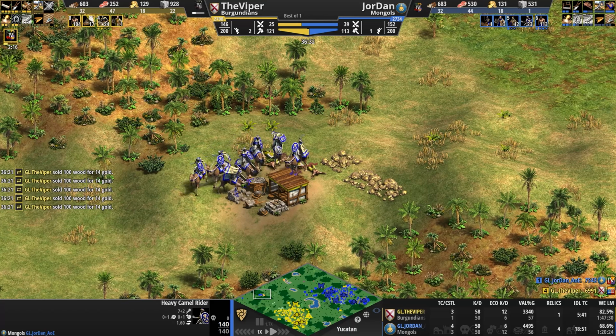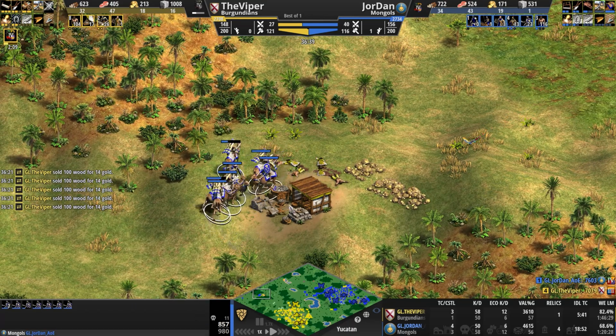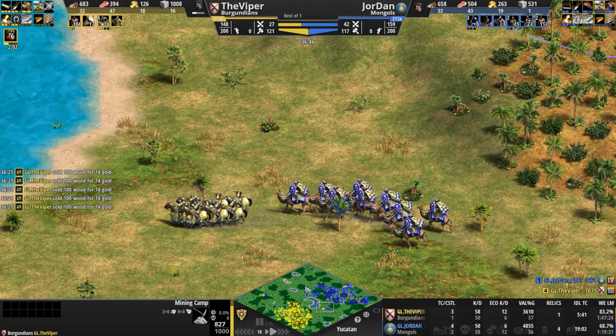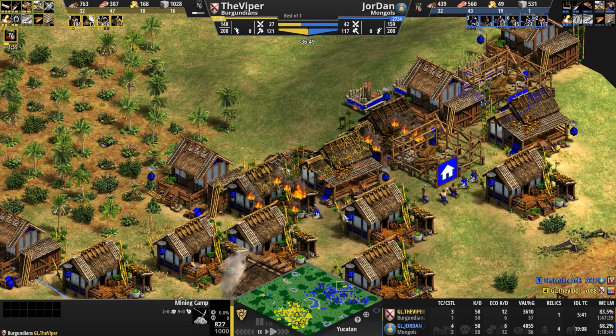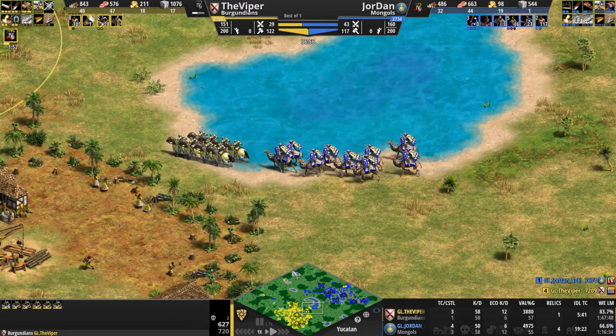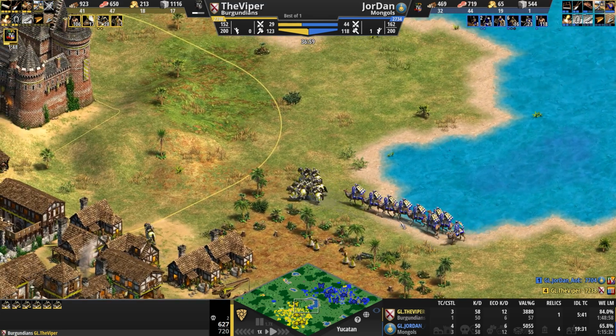Okay. He decimates his own villager count here. JorDan finds a few, although camels are notoriously bad at taking down buildings, so no real point in keeping them there. No villagers. Man, Viper's just pushing the issue. He is 2 minutes away from Imperial. JorDan,